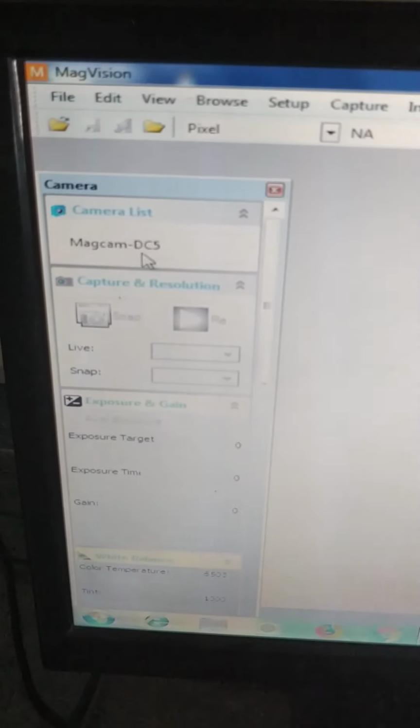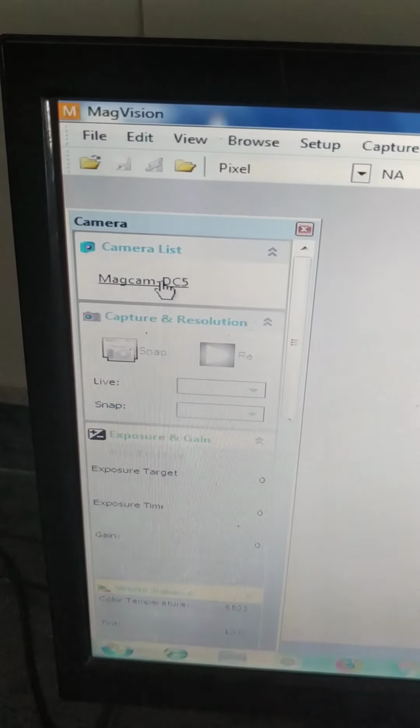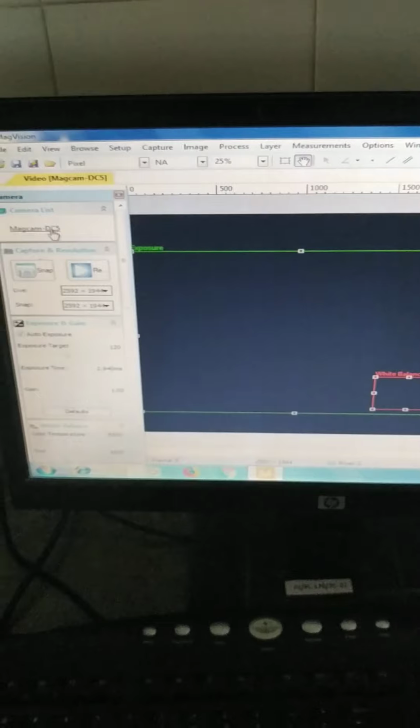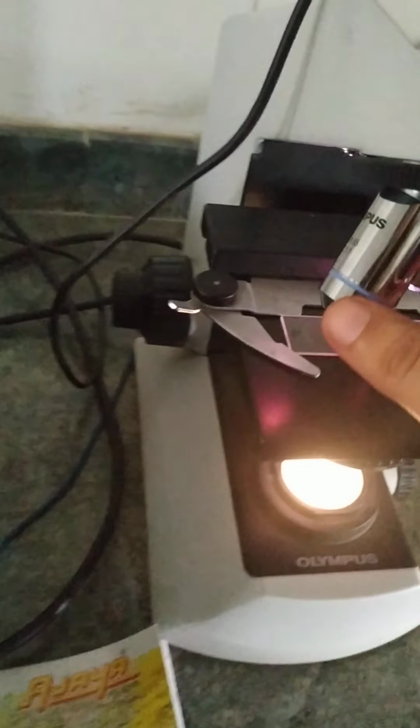We will use MacCam DC5. Now it's showing the image, but basically the image is blurred right now, so we have to adjust our lenses.